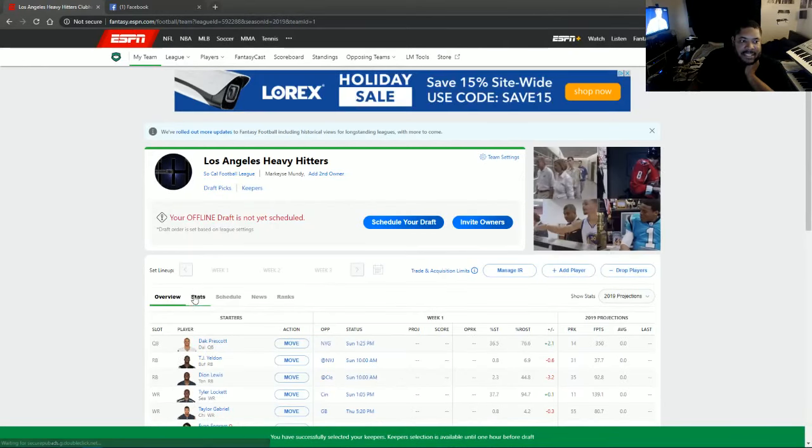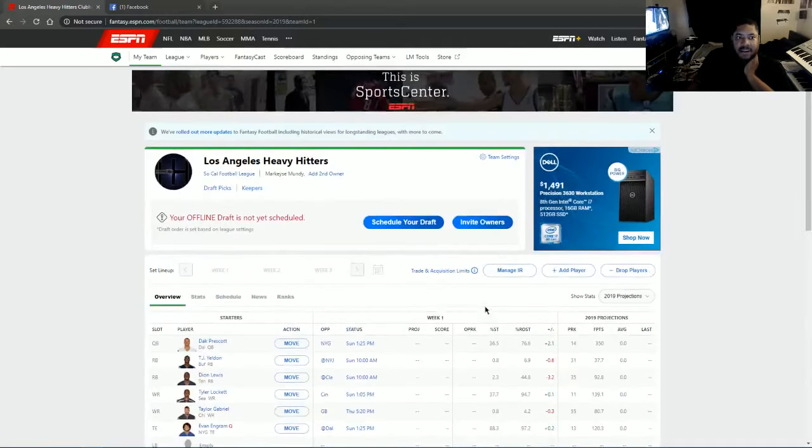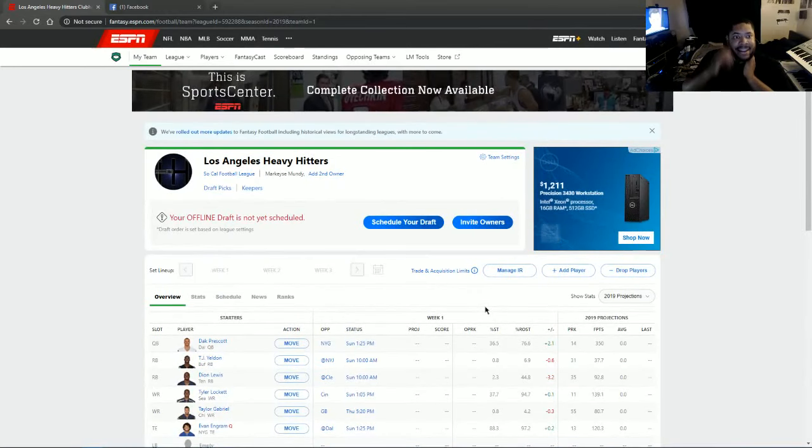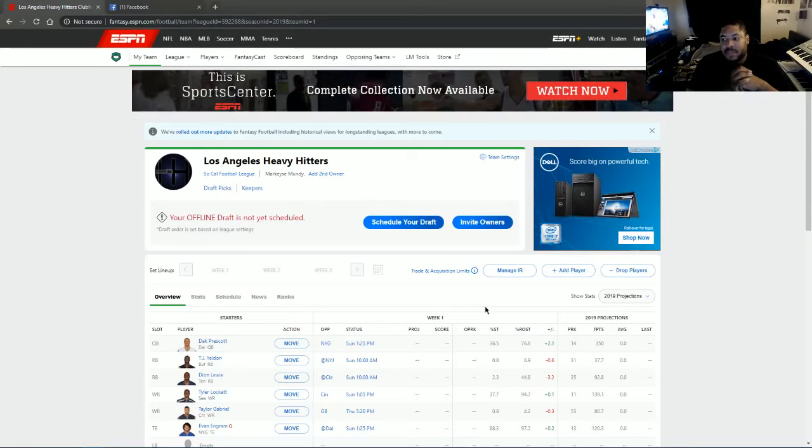And then it says you successfully did it. And when you see your player, you have a K by it. That means you're going to keep them and move them over to the next season. So that feature, I've already activated it. I think that's going to be fun. That's going to be super fun, I think, to have a player that's going to stay on